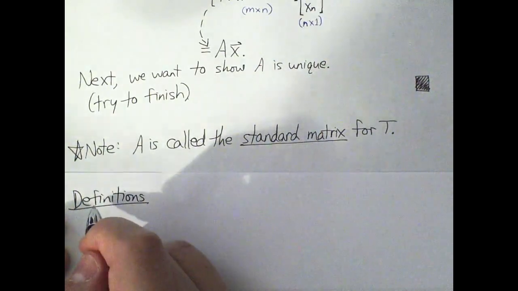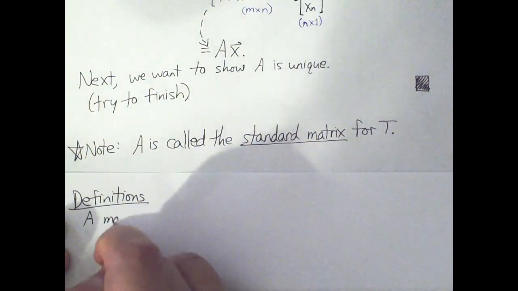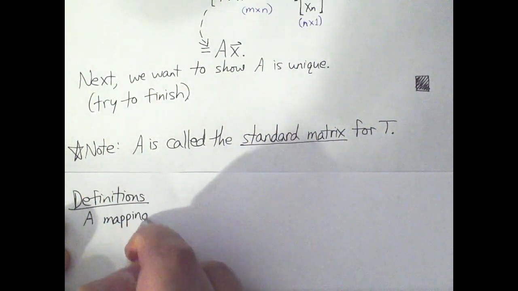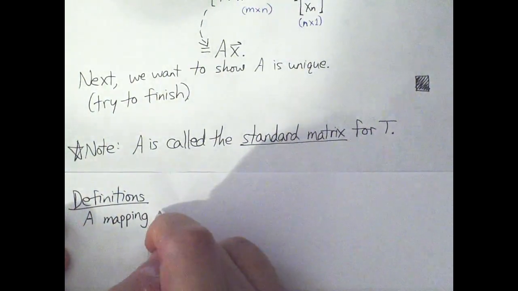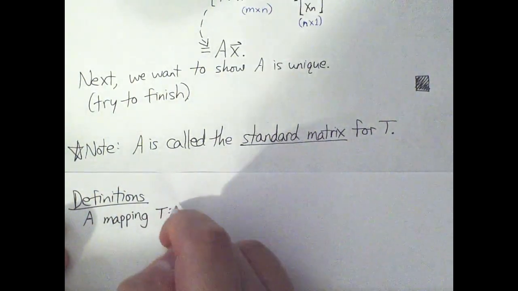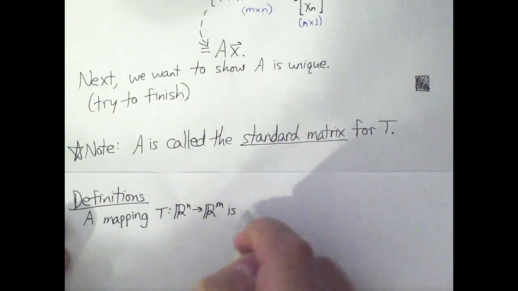Now, these definitions, these words might sound familiar to you from other classes, but we're going to talk about them in the context of transformations. So I'm going to say a mapping T from Rn to Rm is called